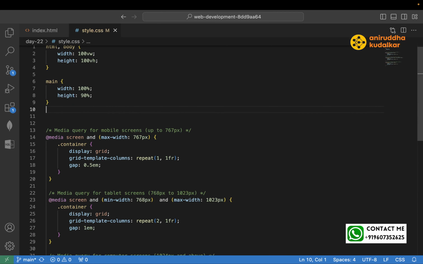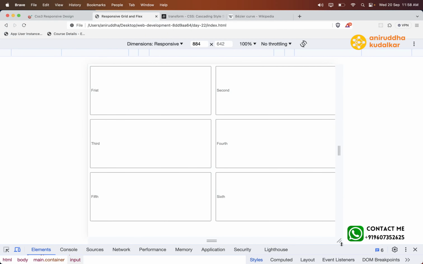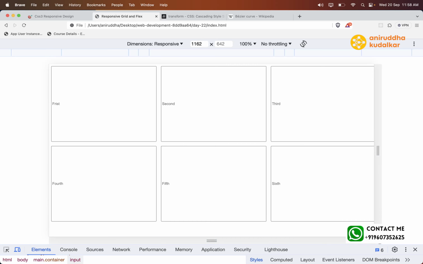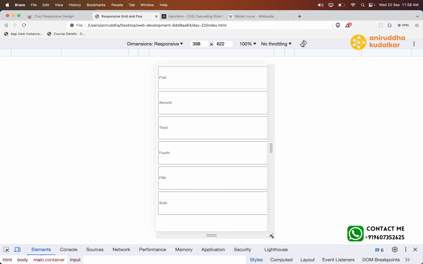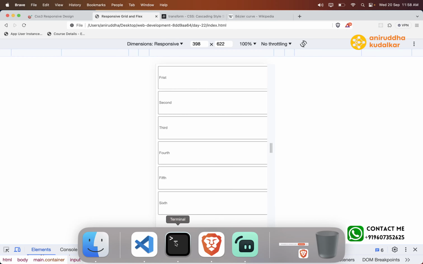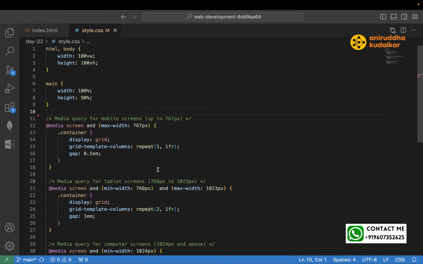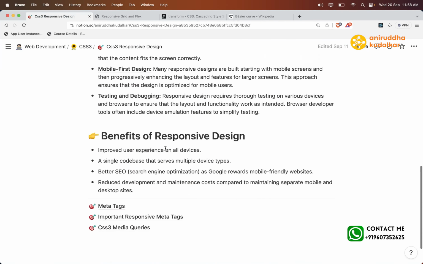But in the morning we have seen this thing, right? On the desktop, three columns. On the tablet, 2 columns, and on mobile, 1 column. How have we achieved this? We have achieved this by means of media queries. Then we have seen what the transition is. So when you talk about the transition,